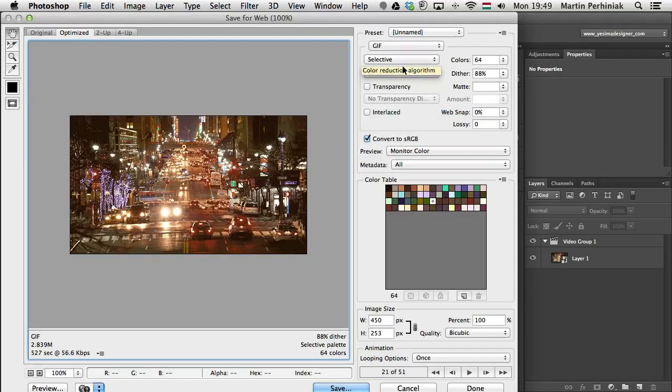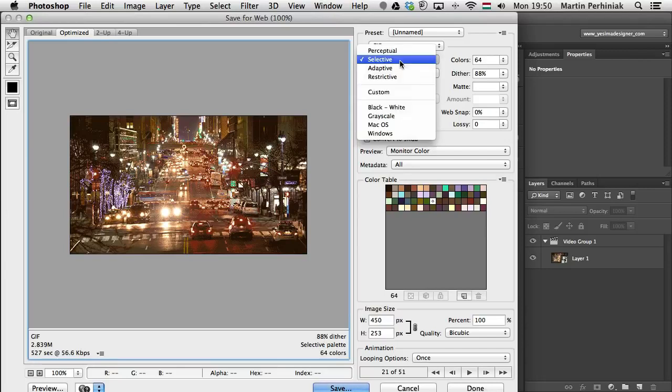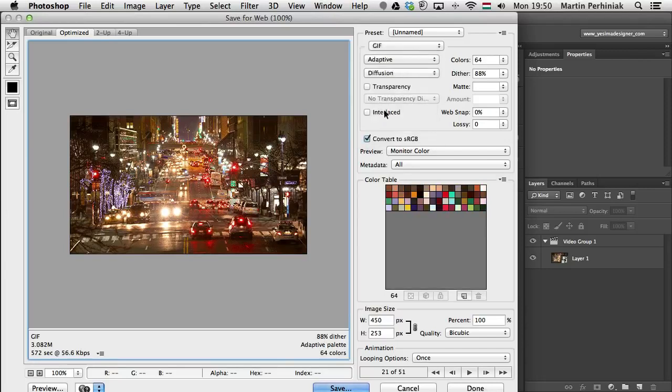And this will also create a color table, which will be similar to the perceptual color table, but in this case favoring broad areas of color and the preservation of web colors. So this color table usually produces images with the greatest color integrity. If we set this to adaptive, I think in this case that is the best, because we will have these